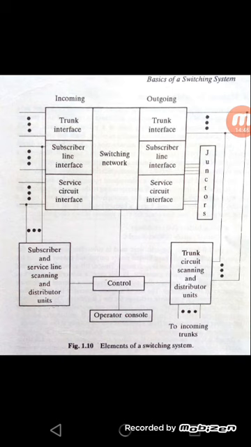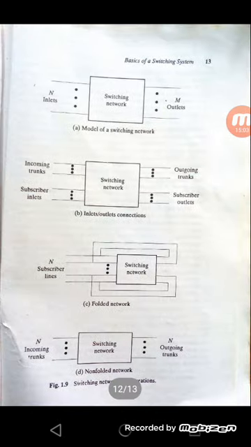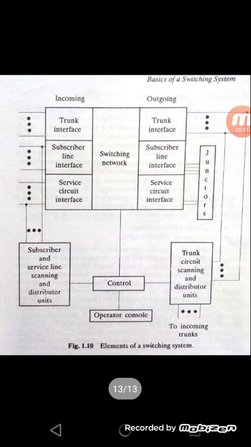The major working principle of elements of a switching system is to share, send, transmit or provide data information from the input side to the output side, or inlets to outlets. So these are the different methods: model switching network, inlet-outlet networks, folded networks, non-folded networks, and elements of switching system. All are used to share the information to the nearest objects or nodes with the help of different conversion methods.